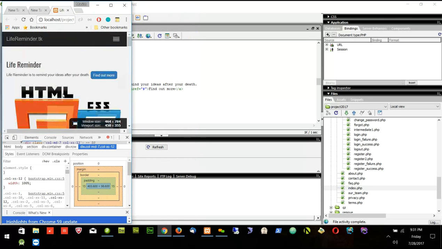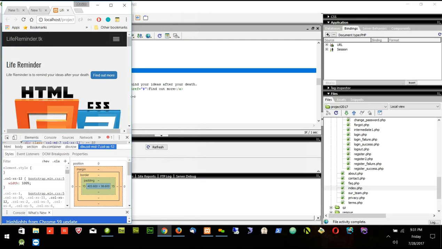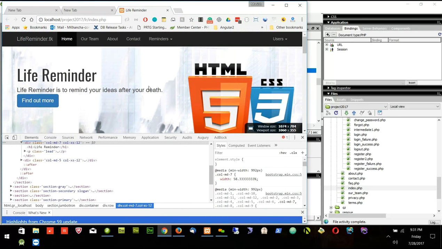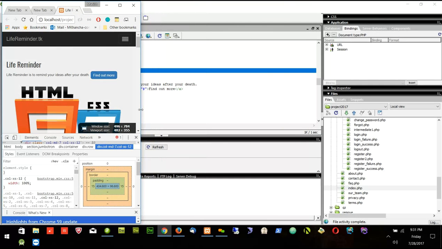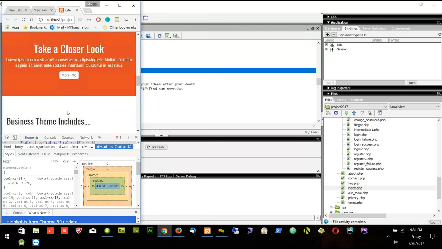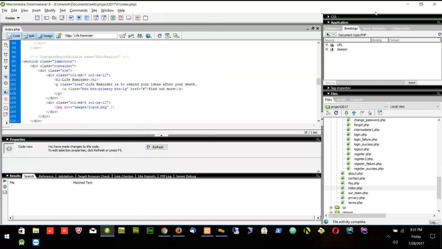So for the mobile, I said make it 12. For the desktop make it 7. So when I increase it, it automatically changes to 7 if it is a desktop. So on desktop, it automatically changes to 2 columns. When I make it small, it changes to 1 row. So we have everything on a separate line. So this way we try to override the things. Is that clear? Yes. Okay. So, but